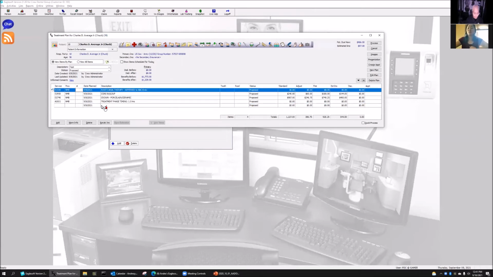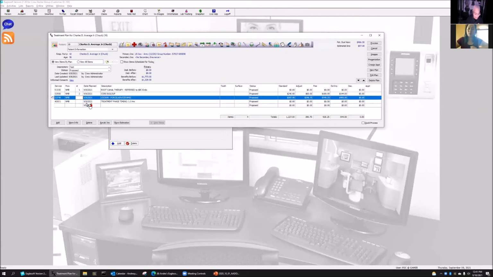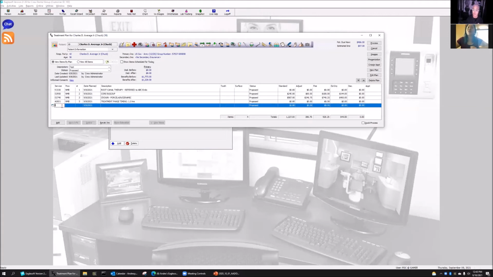So I can say, this is visit 1, the patient goes to the referral. This is visit 2, where there's the crown, the build up. I know this isn't correct. This is visit 3, we're gonna do that. And then on visit 3, I need an hour and a half. So on visit 4, we're gonna do, let's just make up something,